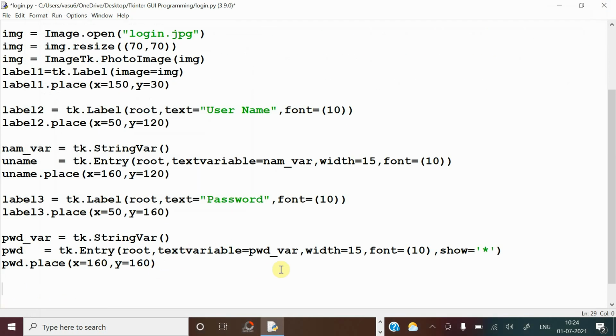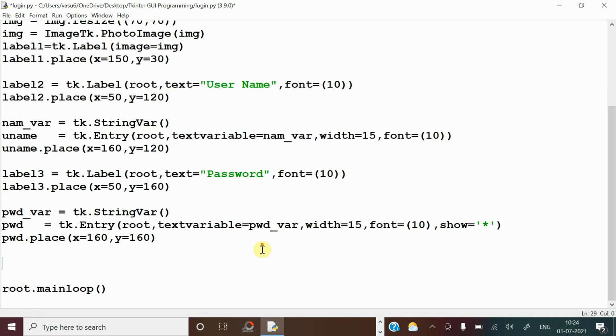Now after this, you need one login button. So after entering the username and password, generally we will have one button. By pressing that button, it will check whether username and password is correct or not. tk dot, you have to call the button function. Here I am keeping this in the root window, and what is the text that should be displayed on the button, that should be given here. So I have written sign in. Now after that I am giving the width of the button also equal to around some 15.